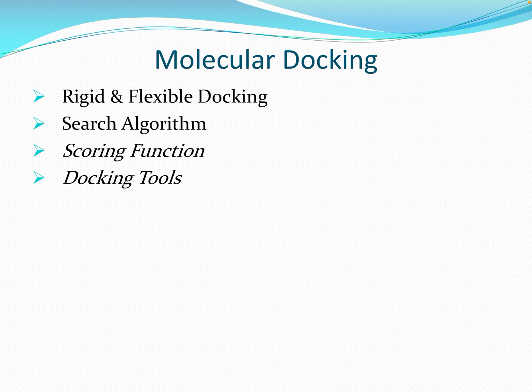There are a lot of search algorithms which will find the position of the ligand in the cavity and how it can be rotated to have the maximum number of bonds, how well the bonding is, and what the protein side chains inside the cavity are. All these conformations and features can be evaluated using the search algorithm, and finally the scoring function can be calculated depending upon different parameters.